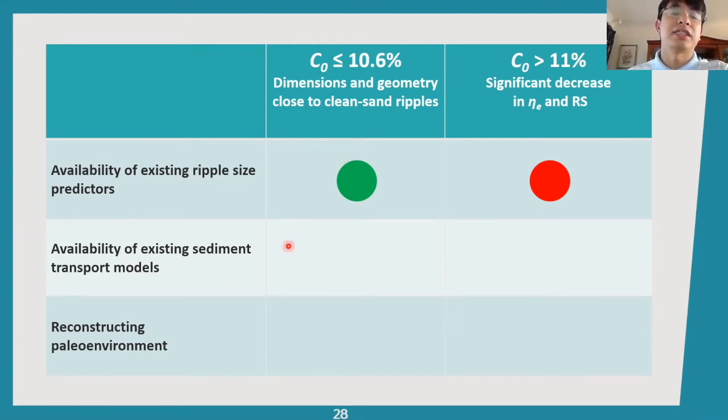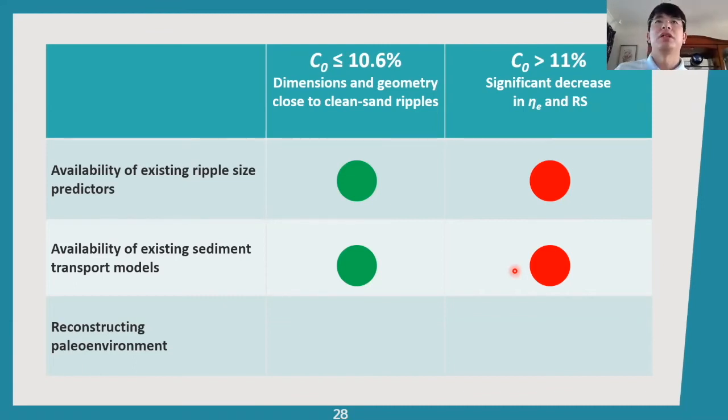So the existing sediment transport models are available for these ripples as well. However, due to the significant decrease in the ripples' steepness, the existing sediment transport models need further improvement for these small ripples. And in the field, if we find some clean sand ripples, combined flow ripples, if we